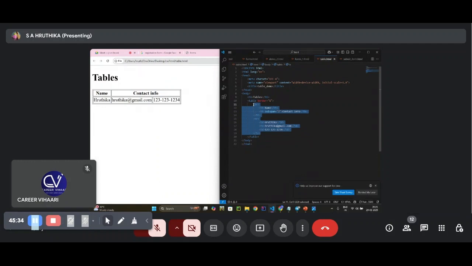Now I'll remove this, or rather, we'll do it from the beginning. I'll take one tr tag. Inside the tr tag, I will take rowspan equals 2. I'll take name here, th, then email. Another tr tag. Inside the tr tag,